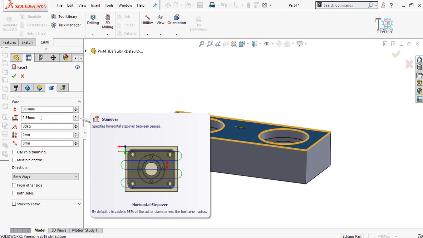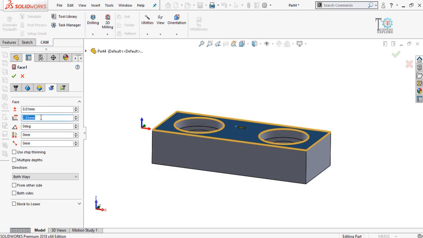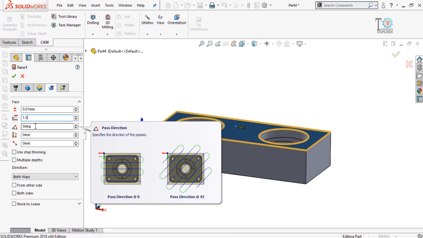So for a 3 mm end mill cutter, we have to select 1.5 millimeter step over, and this step over also depends upon the speed of the machine or power of the machine or specification. So for now I'm going to select 1.5 millimeter. Then this is the angle or cut direction.